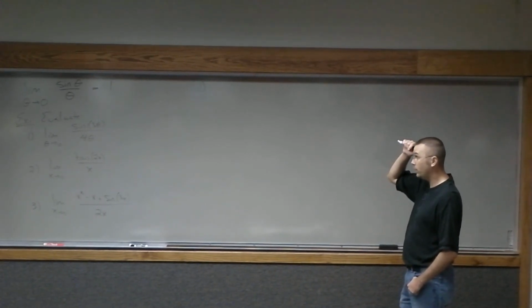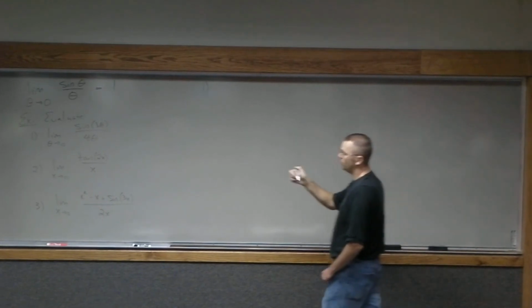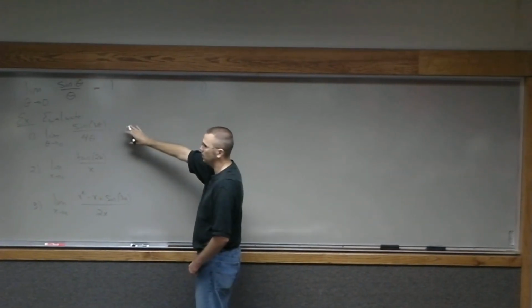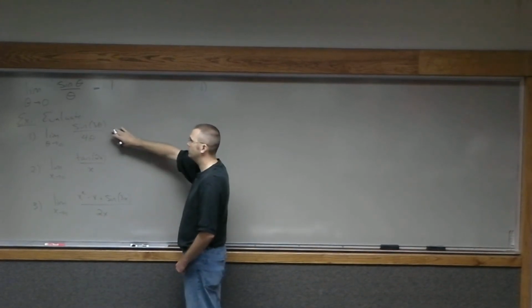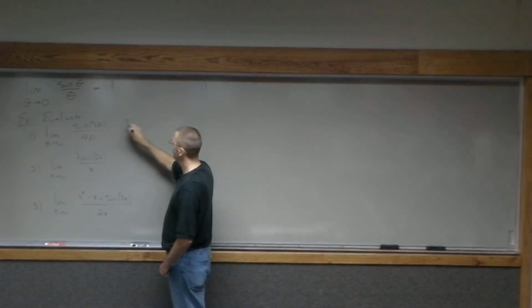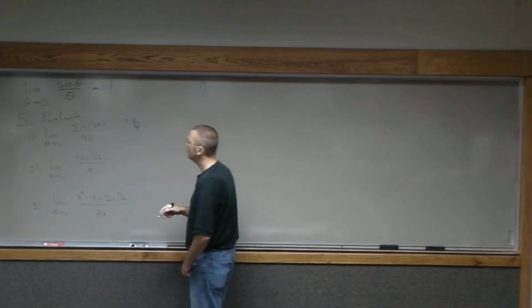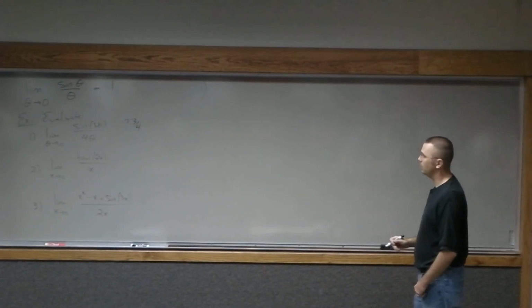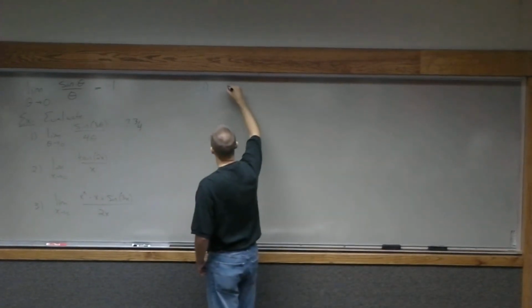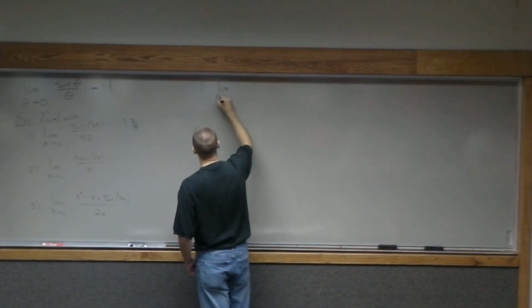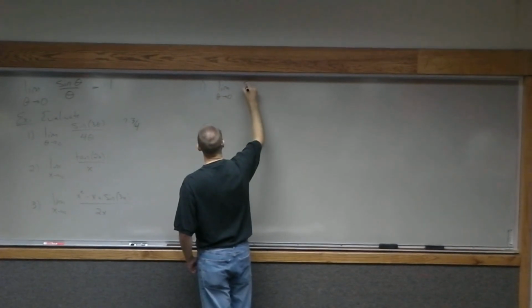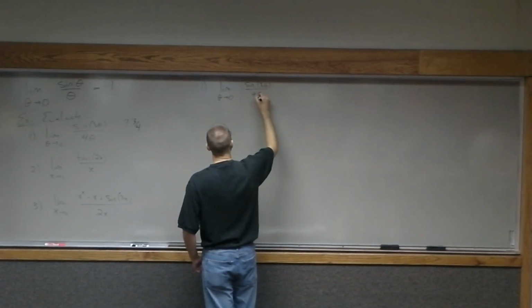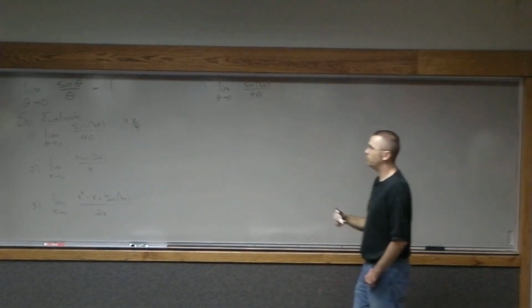About the first one here. What can we do with the first one so that we can get it to a form we can evaluate? Actually, before we get to that, what do you think the limit on the first one's going to be? 4. See if we can justify that using our properties of limits. All right, so the first thing we're going to do is what? Sine of 3 theta over 4 theta. What's the first thing we should do to get to this limit of 3/4? How do I need